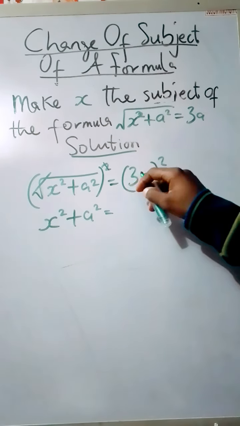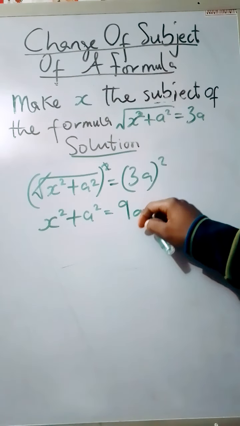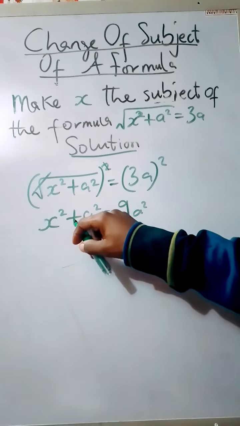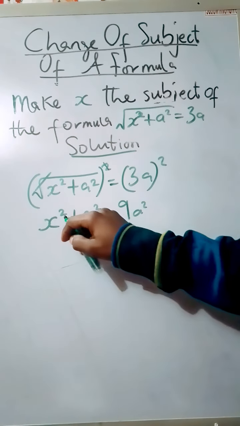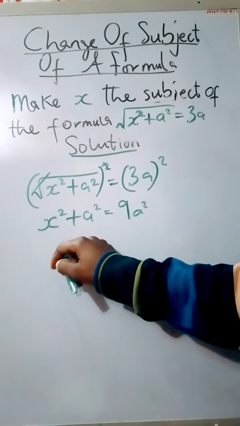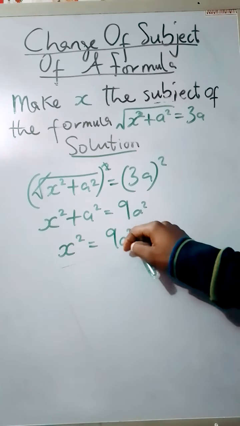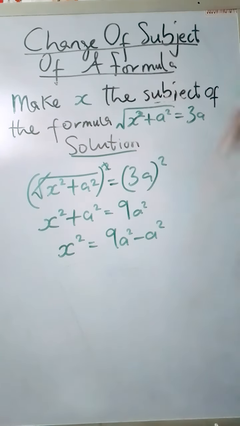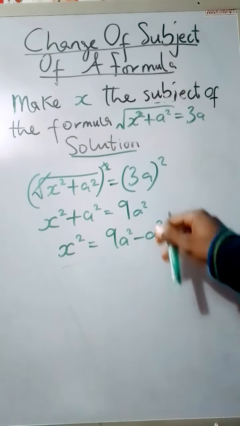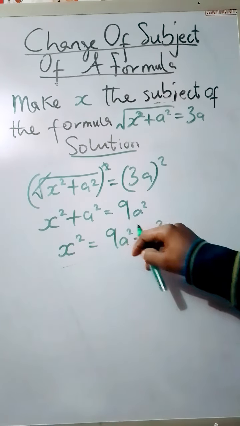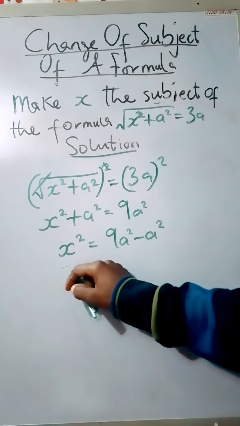Now the square affects both of them. You have the square of 3 as 9 and a squared. Next, the a squared moves to the other side, and knowing that it has this plus, it becomes minus on the other side, and that gives you 9a squared minus a squared. Now, in algebra, if the coefficient is 1, you can do without writing it. And so 9a squared minus a squared is going to leave you with